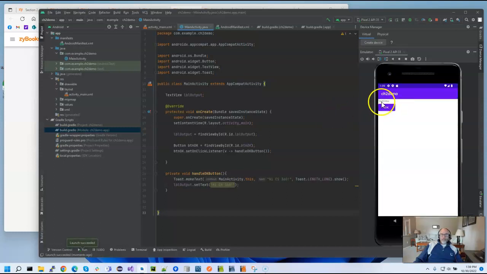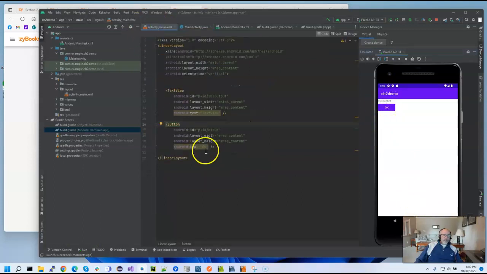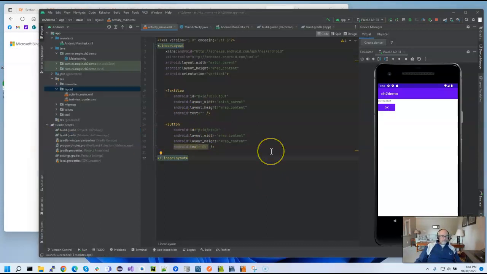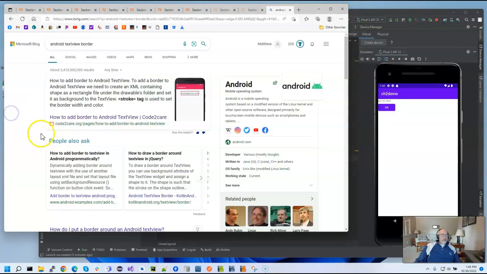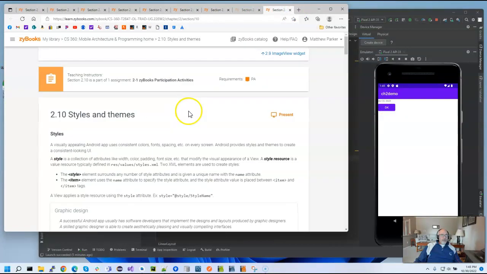Okay, so you can see right there is the text view. I click OK, and I get my toast message, and you can see that it displayed the text right there. Oh, by the way, we probably don't want this text right here to be there, so we would remove that. Okay, so now that we have a text view that we can display output to, let's go ahead and add to our